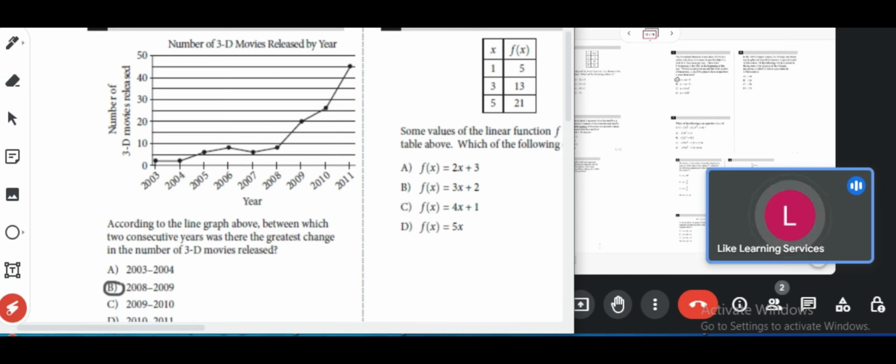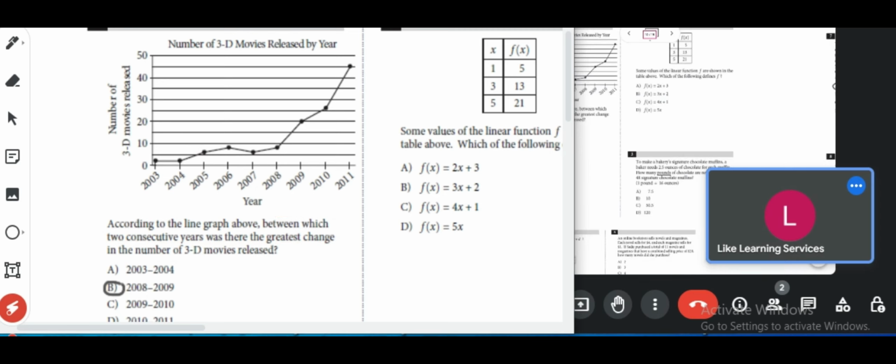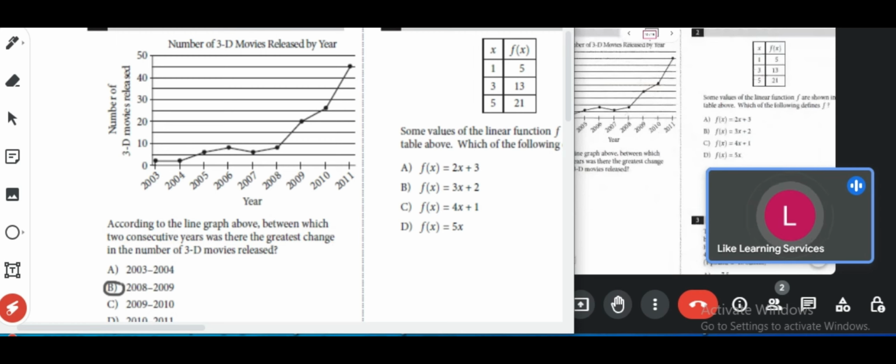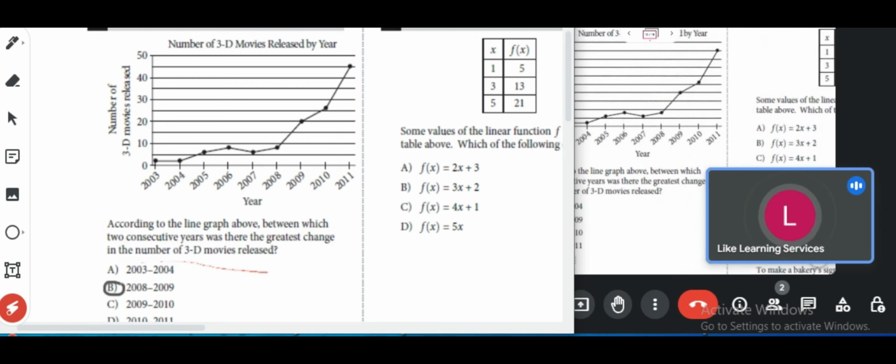This question says, according to the line graph, between which two consecutive years was there the greatest change in the number of 3D movies released? What's the change between 2003 and 2004? Nothing. No change. Good. Between 2004 and 2005, I think it is about 2 to something. Okay. But you notice that